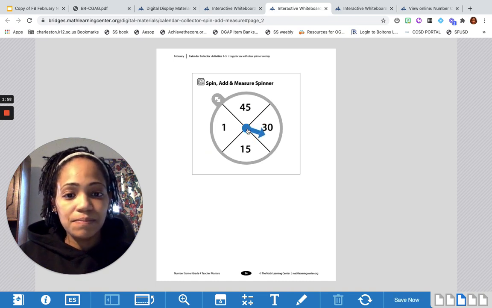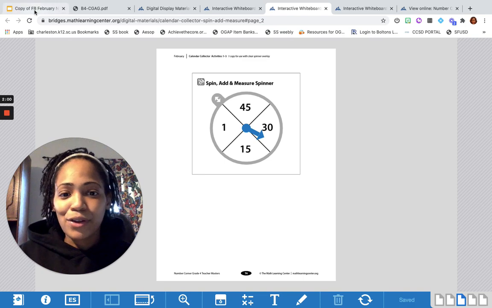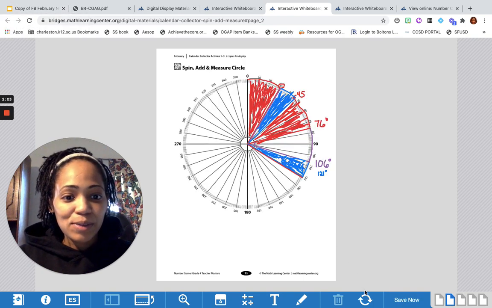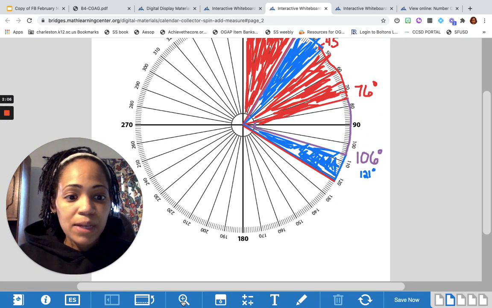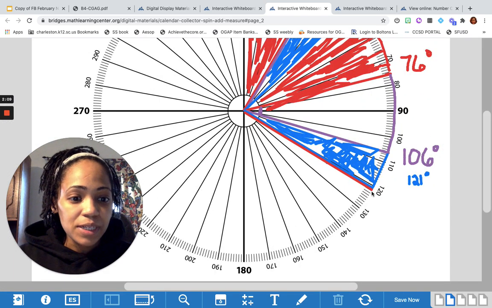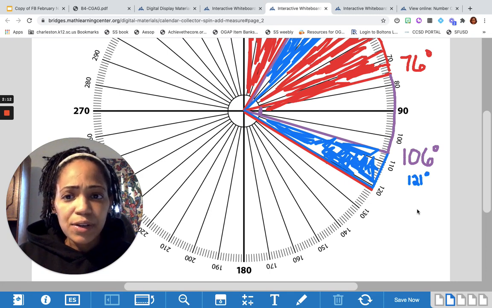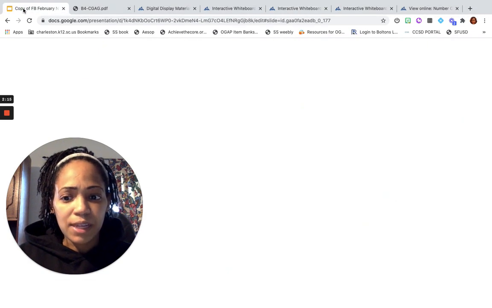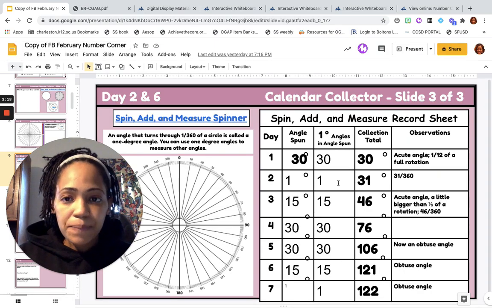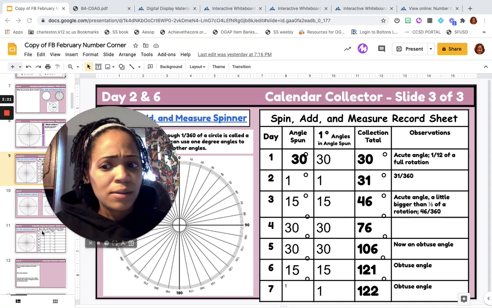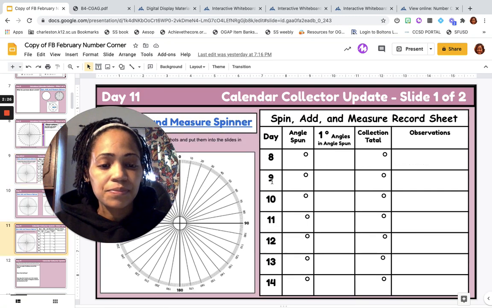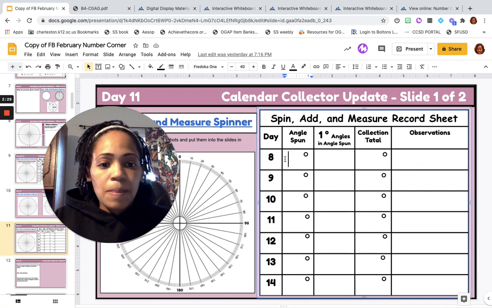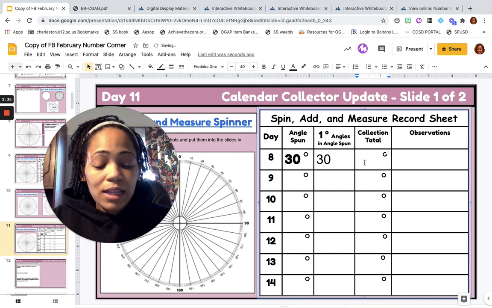We're going to spin. We got another 30 degrees. So if I go to my circle here, I see that I was at 122 degrees. And now I have to add 30 degrees to 122 degrees. So just to verify that, let me pull back up our chart here. Yep. So what is 30 plus 122? Where would I land? Right, 152. So here's my 30 degrees. I collected 31 degree angles, which means I now have